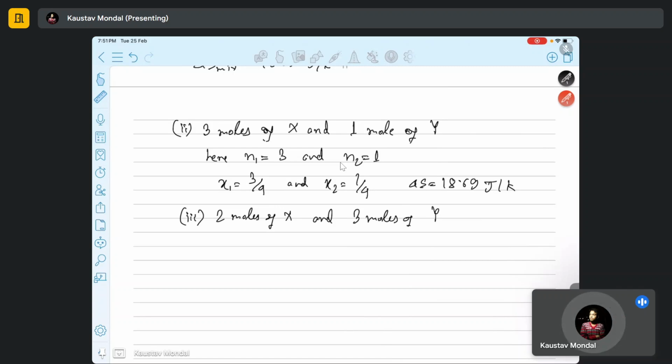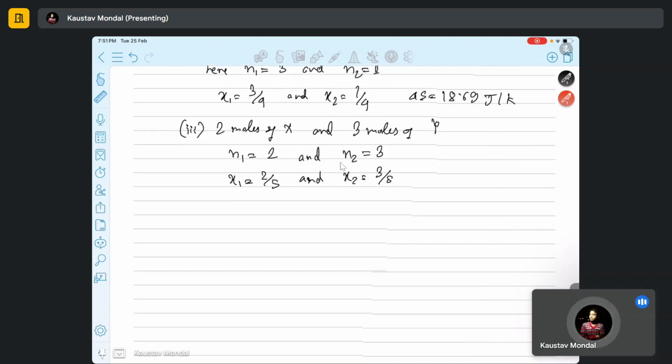So basically here N1 is 2 and N2 is 3. This gives you X1 equal to 2 by 5 and X2 will be 3 by 5. Okay. Now for this case,